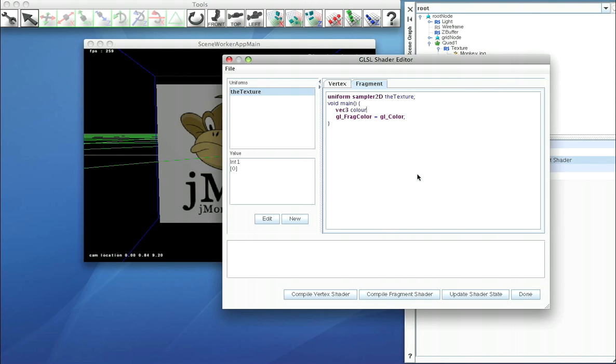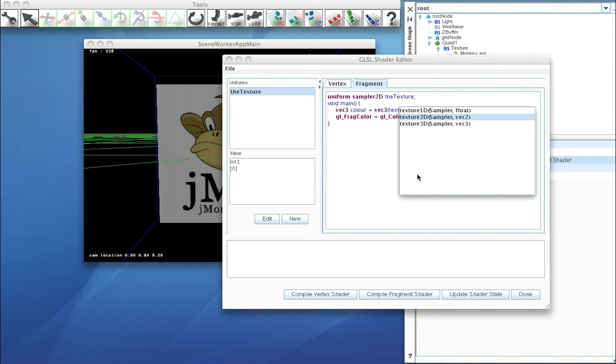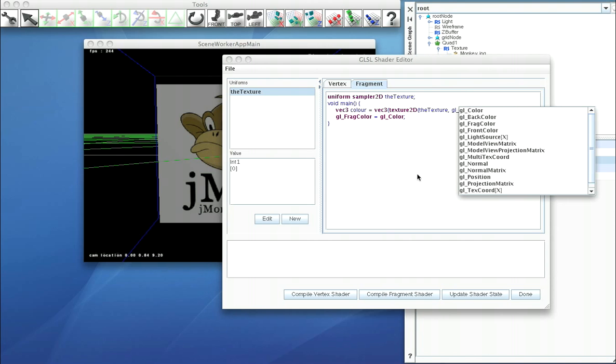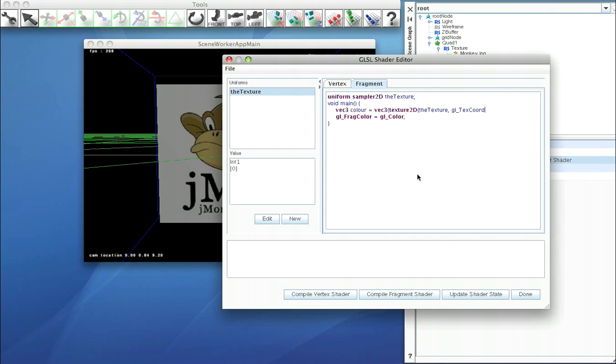This color is equal to vec3 texture 2D, our sampler, which is the texture, and the coordinate into it, which is GL text coord 0, and the ST coordinates from that. And then finally we just set the color equal to new vec color